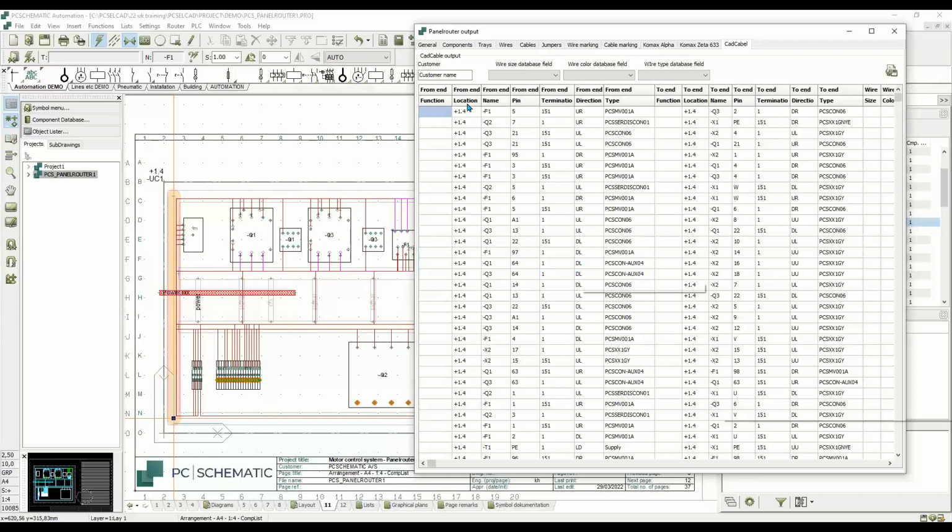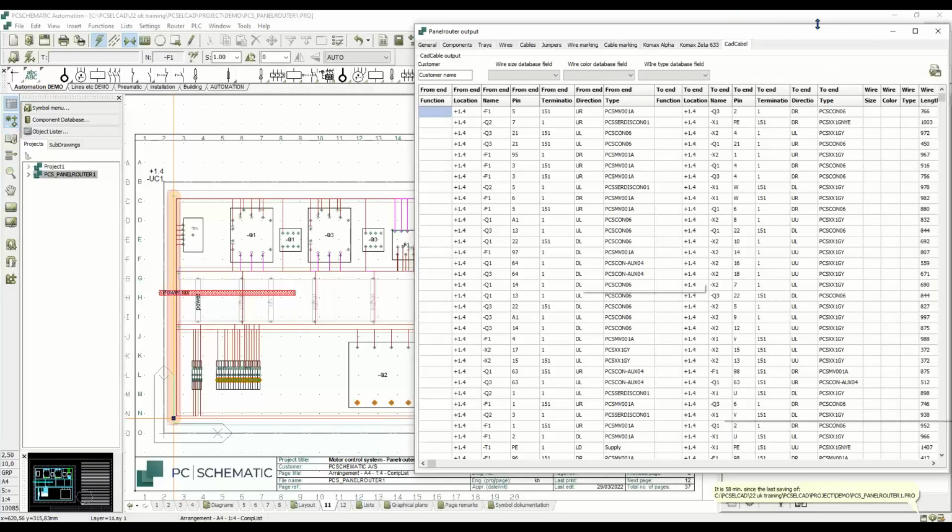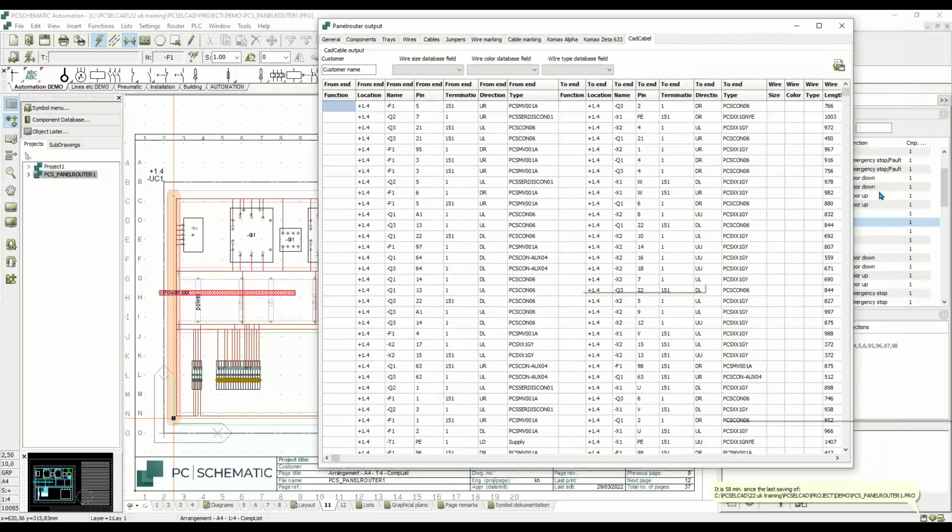But right here you can see that it knows again about the connections. It knows that the direction here is from up right and up left, or down right, down left. There would be something too, because when you get those wires here from Cat Cable, for instance, it's important that you can read it. So the direction of the text is pretty important. And when we collect the data here and have it in this tab here for Cat Cable, it's simply ready for them to import into their